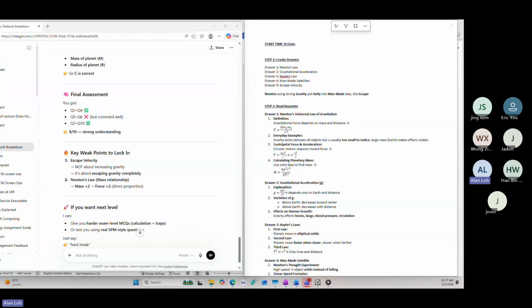It doesn't mean that when you go for the exam tomorrow, you're going to get 90%. This is the first step. You have your fundamentals right. You need to do revision, of course, and also do more past year questions to make yourself exam ready. Jaden, you have something to say?